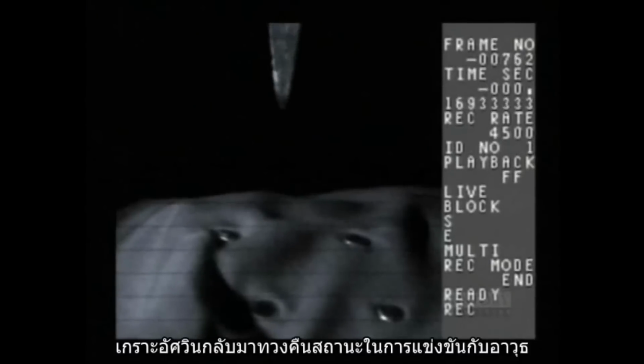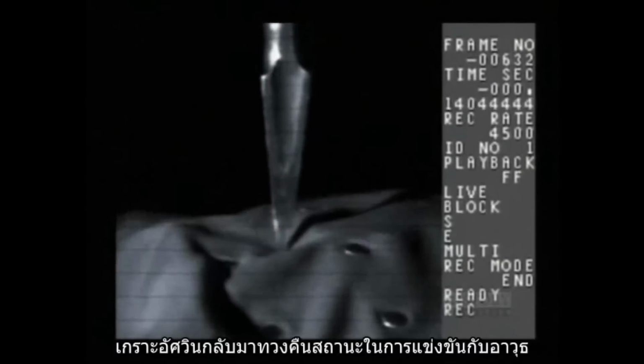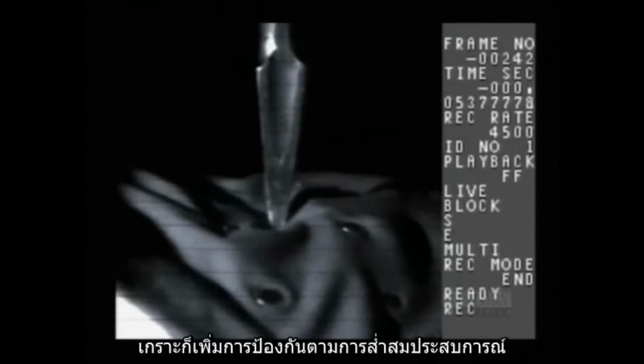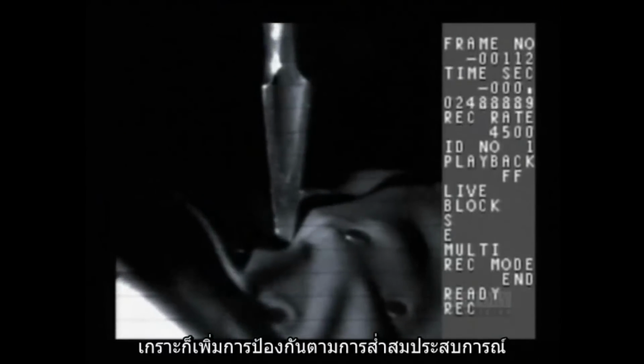The armoured knight had regained the initiative in the arms race. And over the next 100 years, he would be armed with increasingly sophisticated defences,